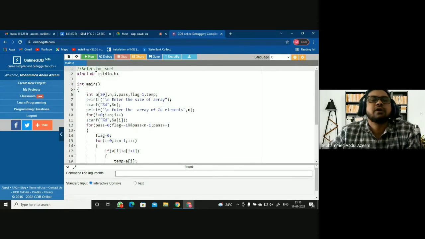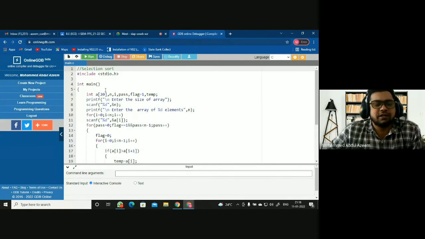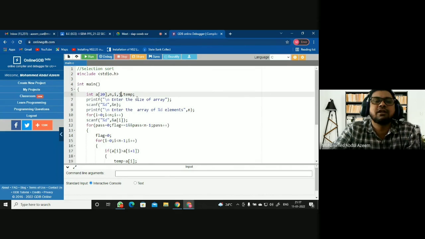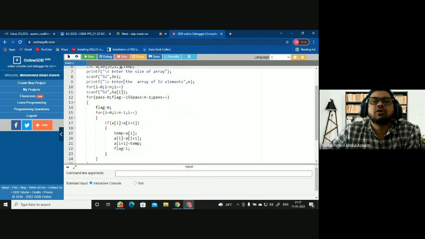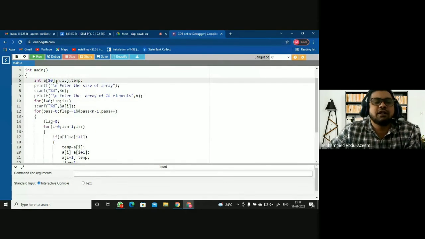Selection sort. First line, I'm having a comment here to state what I'm going to do in this program. A of 20, I'll take instead of pass, I just say i, because anyway I require all the passes to be done. So I comma j. I don't need any flag here, rather, right? I need, of course, temp, so I'll take the temp. And I want to restrict the array size with n. So I have initially taken the array size as 20, and then I'm restricting with n by reading it from the user during the runtime, right?